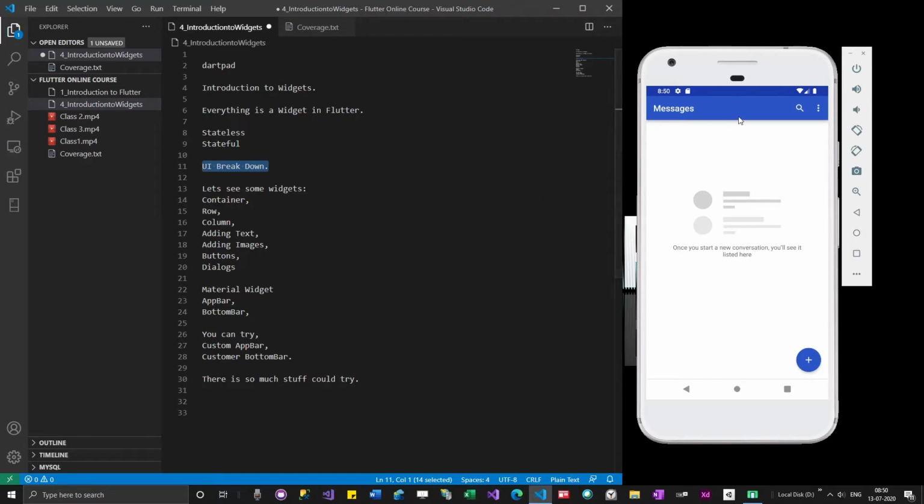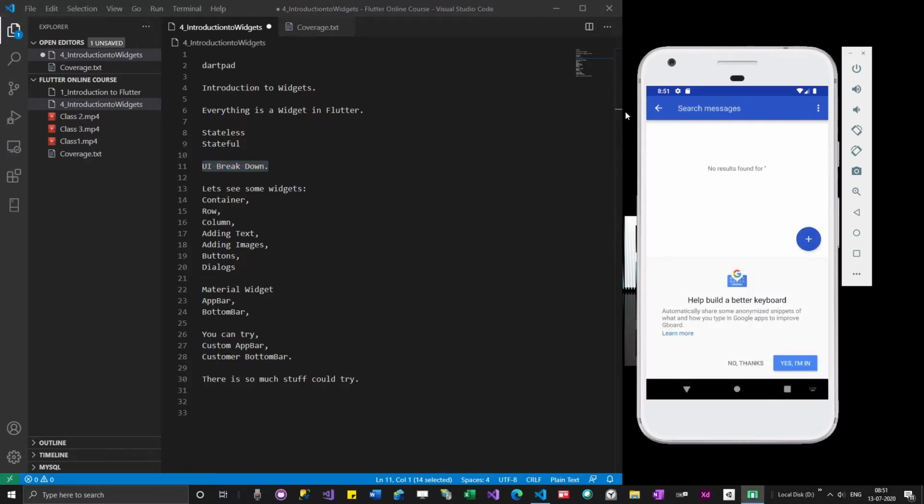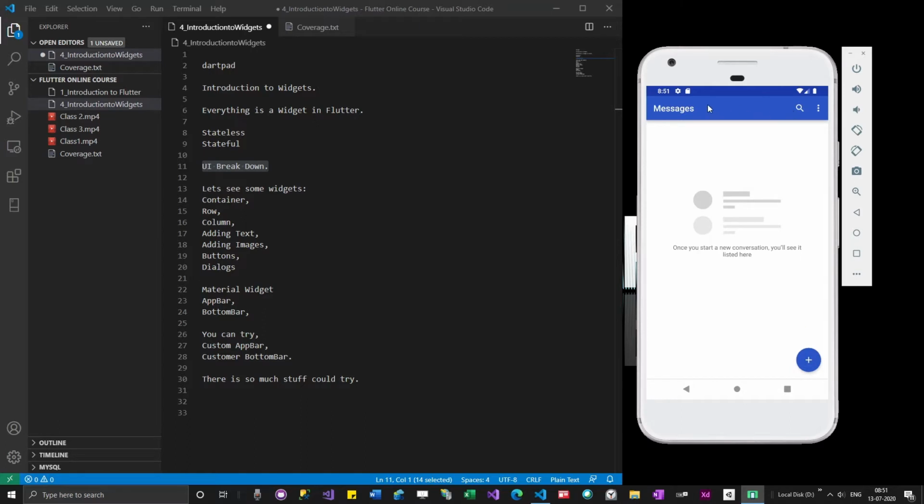If you take this UI, there is a title over here. So this is the title. If you are going to develop an app to track how much water a person is drinking, a water drinking tracker, you will have something like that. This is like a search bar. Whenever they click, it loads the search bar over here. This whole stuff is called the app bar. Let me do one thing.